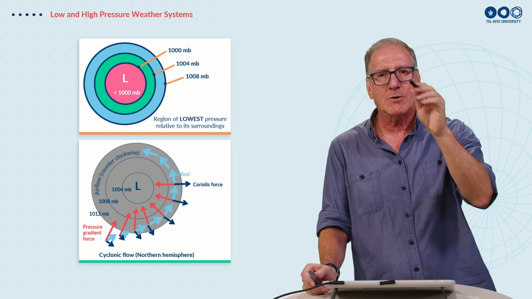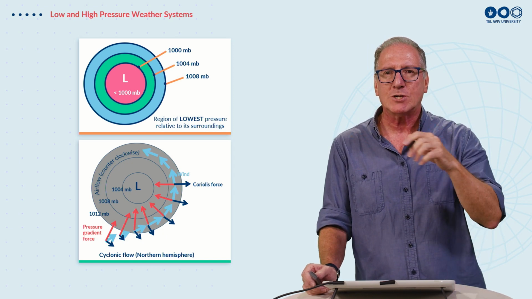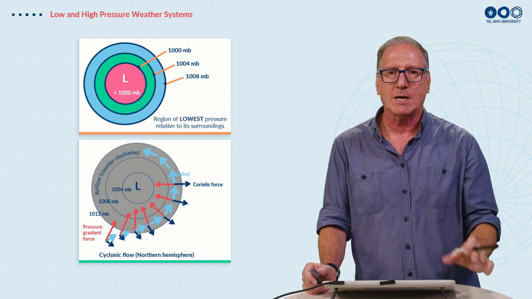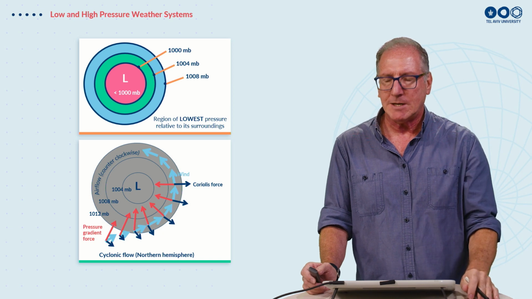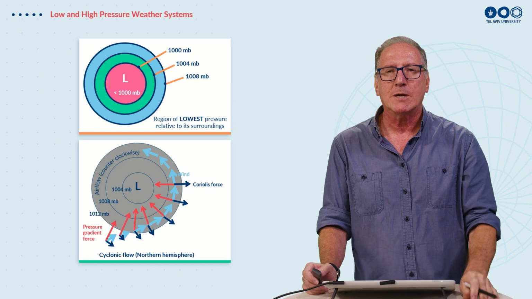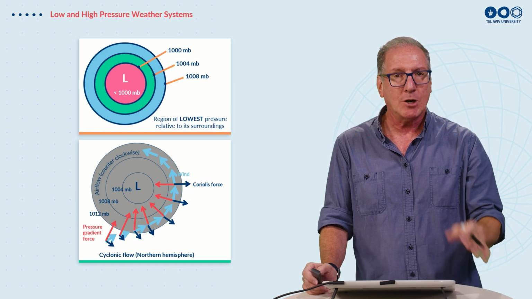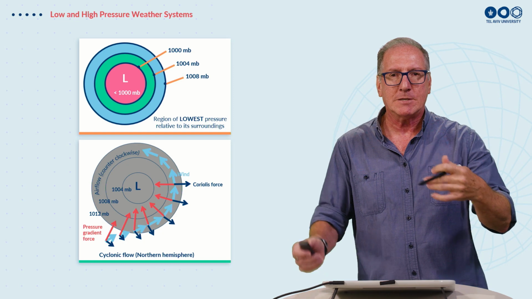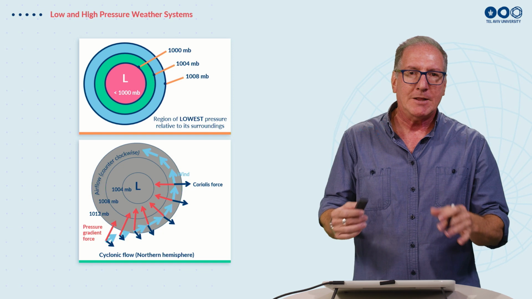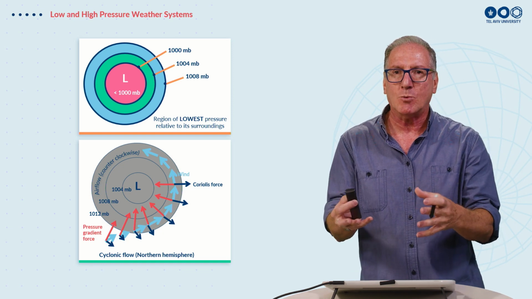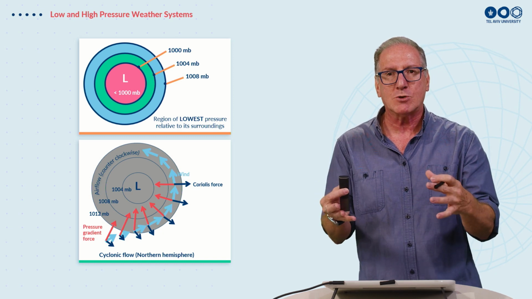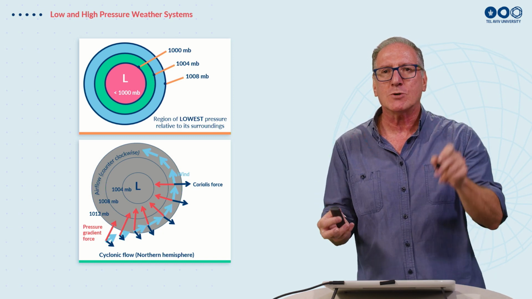So the winds around a storm which are going in the same direction as the rotation of the Earth, we call cyclonic, and if it's the opposite direction, anticyclonic. So this is what we would get in the northern hemisphere, where the winds are going anti-clockwise around the center of the low pressure cell. And a low pressure cell means that the air is rising in the middle and causing the low pressure. And therefore, low pressure cells are areas on the planet where we have lots of clouds, lots of rain. These are stormy areas. And so when you have a big storm, you'll see that the flow is always anti-clockwise